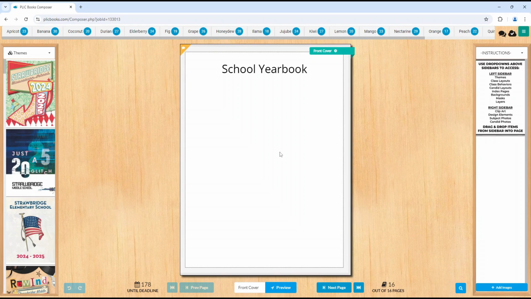The Book Composer displays your yearbook pages in the center of the screen, starting with the front cover and ending with the back cover. Around the outside of every page, there are two margin areas: the safe zone, where elements may be cut off during production, and the bleed, where elements will definitely be trimmed off during production. Be sure to pay close attention to these areas as you work on the book in order to avoid important